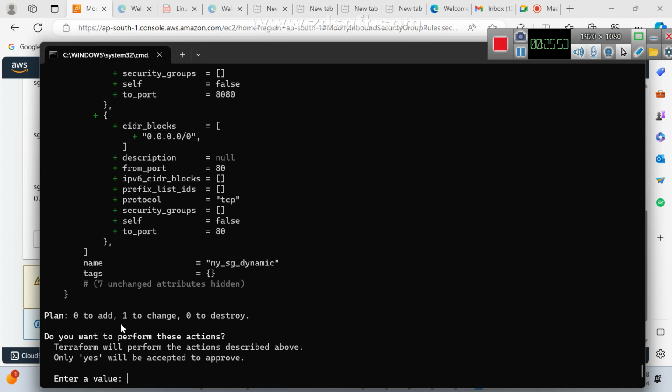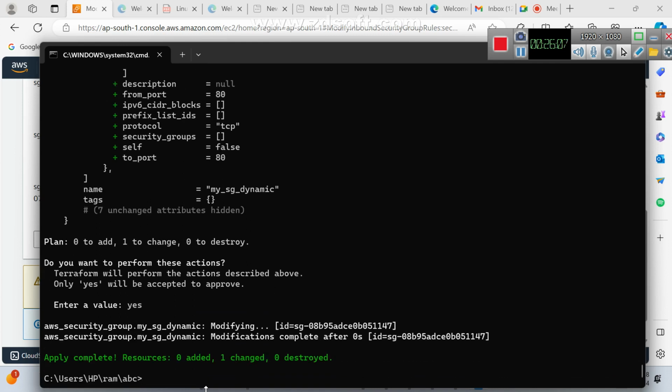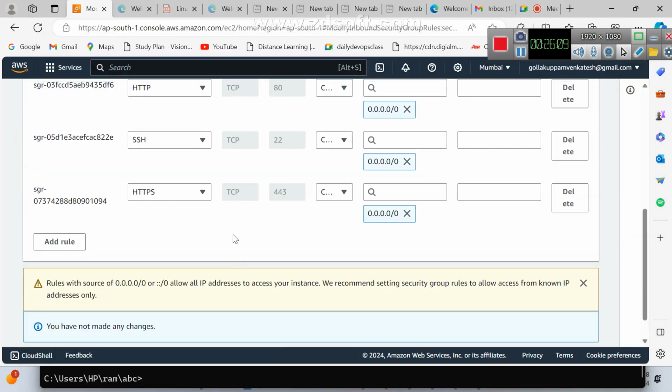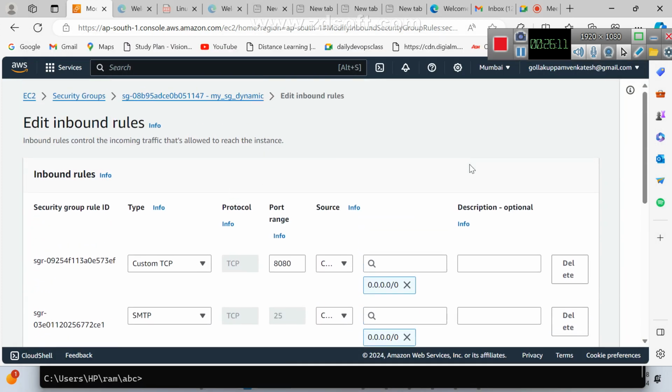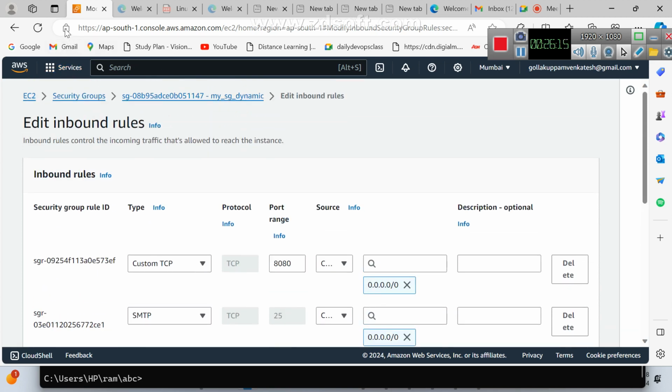That is the existing resource, and on the existing resource we did a small modification, so it is going to change, right? Understood? Now after this, refresh it. Directly I am going to refresh.